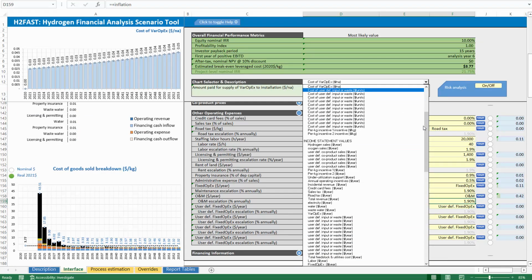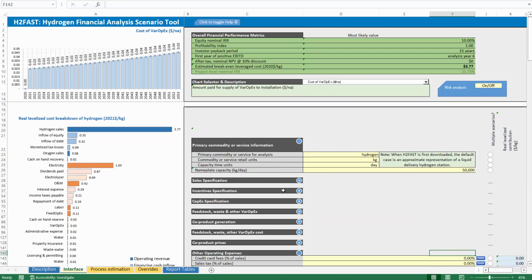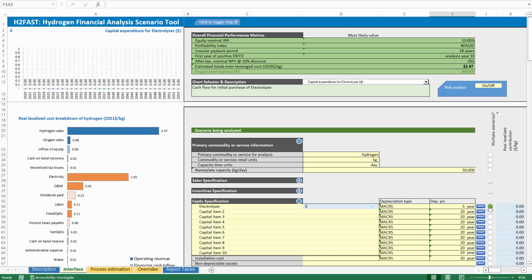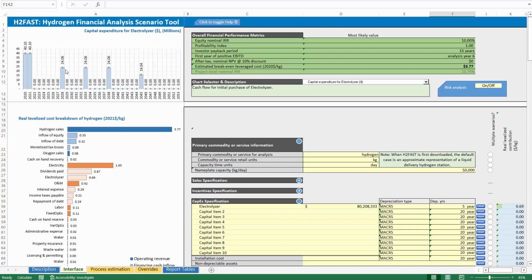So, for example, here, if we look at capital expenditure for electrolyzer, if we provide in refurbishments, you'll see that you have initial capital expenditure, and then we provided certain refurbishment or capital expenditure that happens over time. One note for this, any refurbishments for maintenance or what have you that are specified in this manner are capitalized, meaning that they're financed first with any cash on hand that's available from normal operating expenses. And then if that doesn't cover the refurbishment, capital will be drawn out as debt and equity at the ratio that is specified in order to finance those